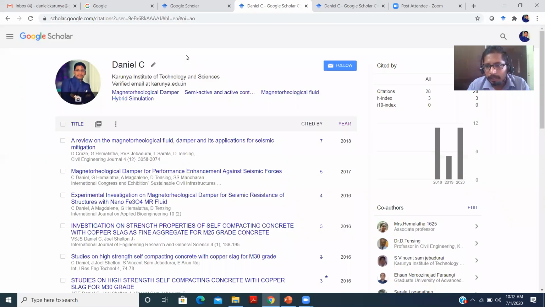So here, as I said, the H index means, see here, from 3 only, like 3 articles will be there, other than 3, like 4, 5, 7. So the H index will be here as 3, and there is no article that has been cited more than 10. So it is there as 0.